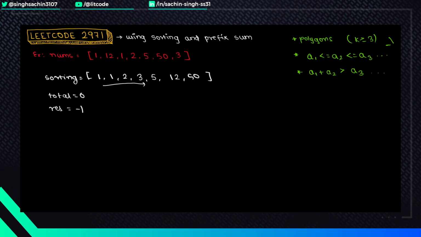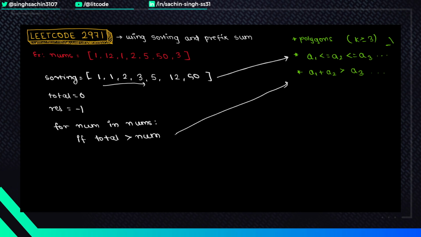Okay, so what we'll be doing is, for num in sorted nums, we will check if total is greater than num or not. So this basically maps to this condition. And one more thing, by sorting we have already satisfied this condition. Okay, so now we are satisfying both the conditions, and